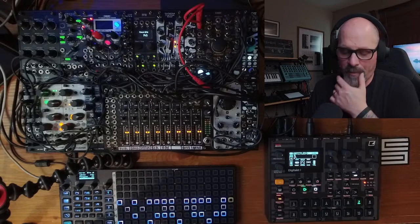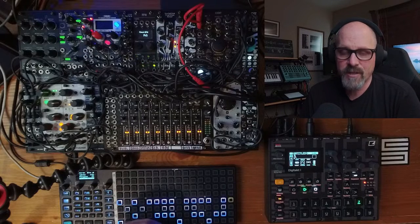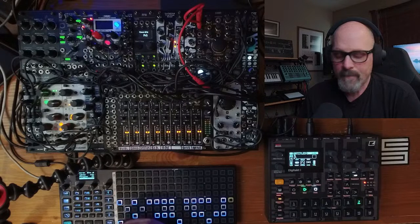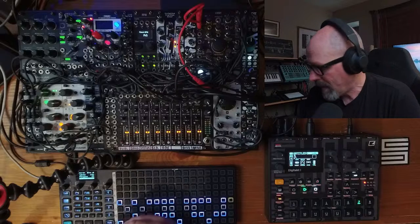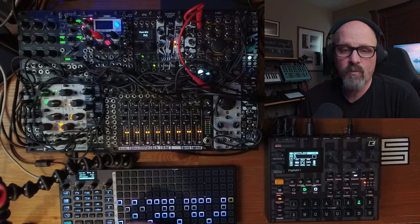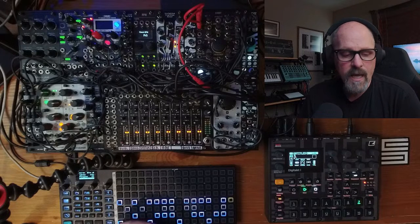synth versus sample preference, I would say the Digitakt 2 because it is the flagship device now for Elektron. Who knows if they come out with something else that will be more of a flagship at some point, but for right now, it does more than any one of the other boxes. So if you're looking for kind of value for money, and if you're looking for something that can do a